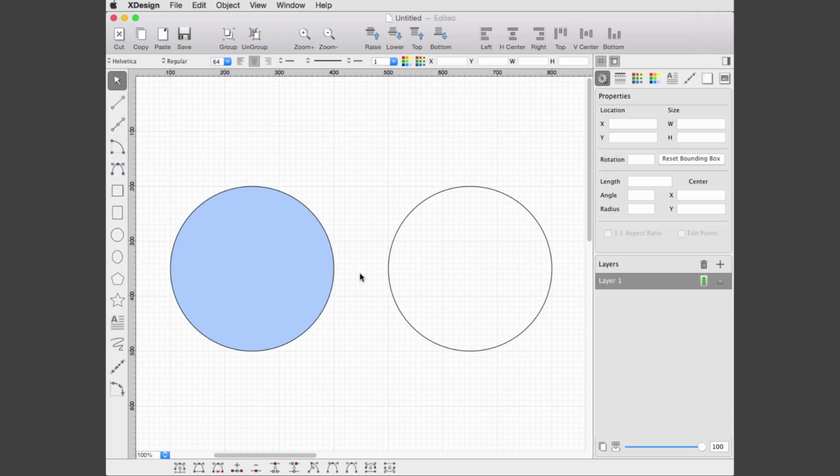Both single and multi-selection is supported. Shapes can be selected by clicking on them. Shapes with a full color can be selected by clicking anywhere on the shape. Shapes without a full color can be selected by clicking on the line or path only.